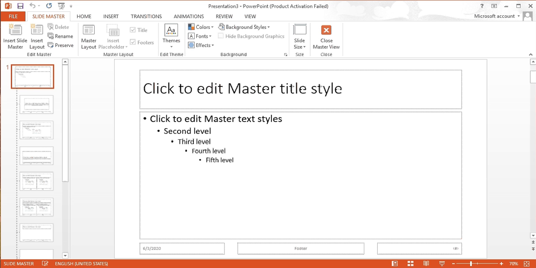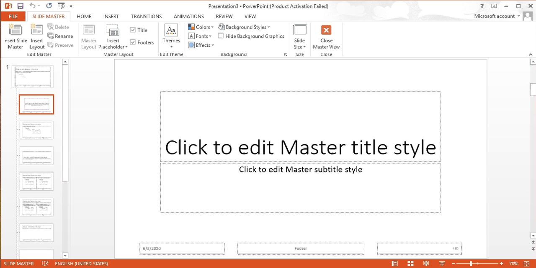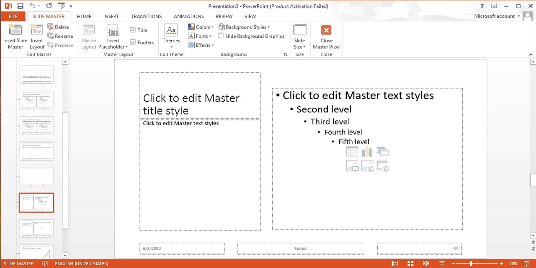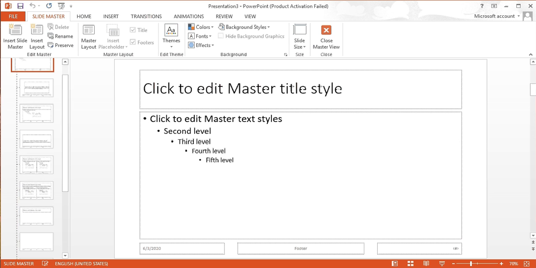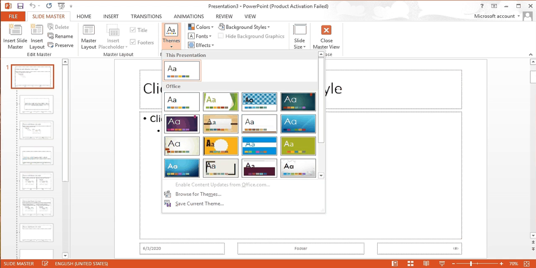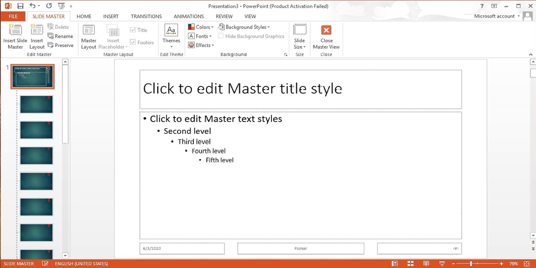Each and every type of thing which is included in a presentation you can get through the master layout or Slide Master just by clicking on it. Now you can see here the theme layout, so you can give any type of theme you want to see in your presentation.